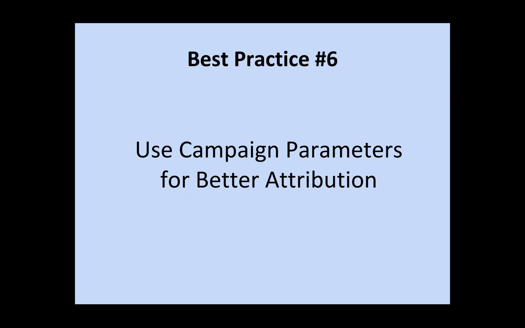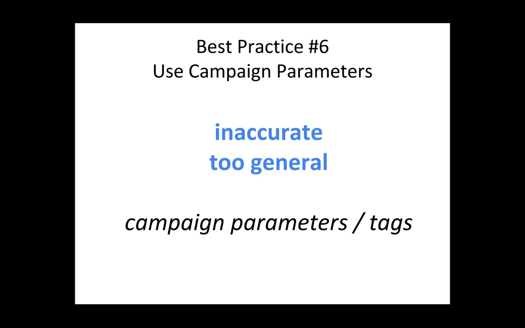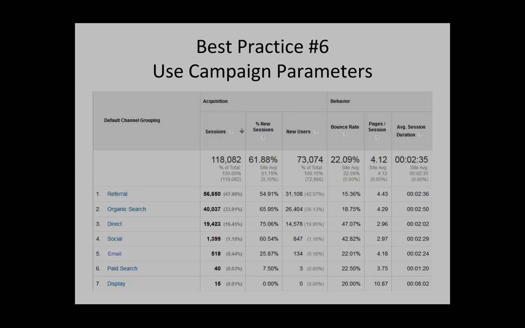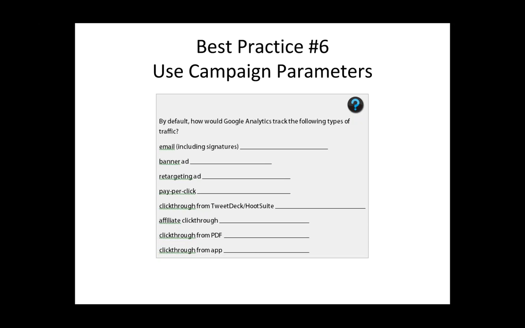Okay, campaign parameters for better attribution. A lot of our acquisition data in Google Analytics is too general or is not specific enough. And this is due largely from the fact that if there is not a previous referring website, Google Analytics classifies the traffic as direct. So just as a quick fill-in exercise,